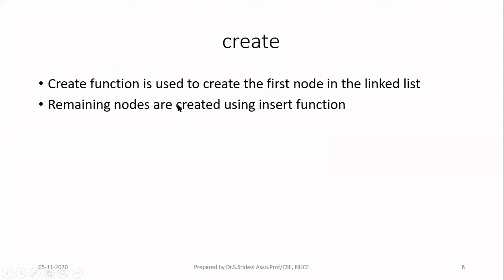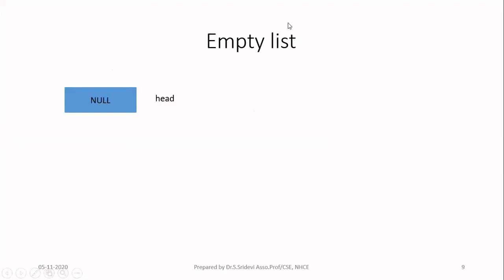So these things are same for all types of linked list. The definition is same. So now let us see how a doubly linked list is empty. So if your doubly linked list is empty, it means that your head pointer, which is nothing but pointer to the first node, will contain null. Now try to understand this pointer is not a doubly linked list or a single linked list. It is simply a pointer variable. Okay, so I didn't represent any fields here. It is simply a pointer variable which will occupy certain number of bytes. In my compiler, it is occupying 8 bytes. So since it is null, it is indicating that the linked list is empty.